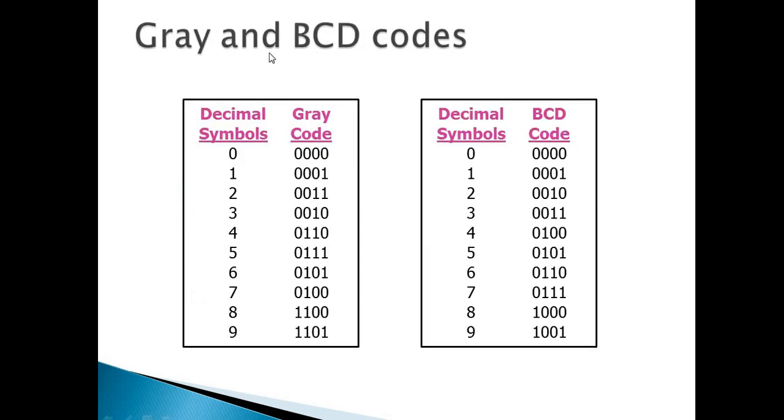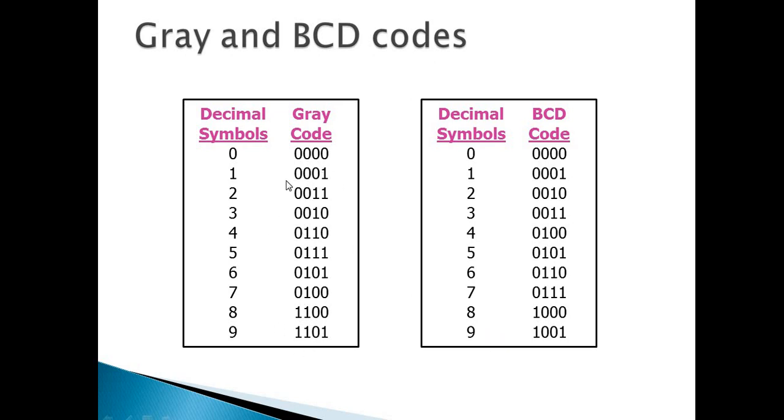The next codes are gray codes and the binary coded decimal number system, where binary coded decimal makes use of 8421 weightage for digits. Means we are representing the decimal number system with the help of 4 digits, and the weights will be 8 for the most significant bit, then 4, 2 and 1. So 0 will be represented as 0000, while 9 will be represented in binary coded format as 1001. In this way we will get the binary coded decimal.